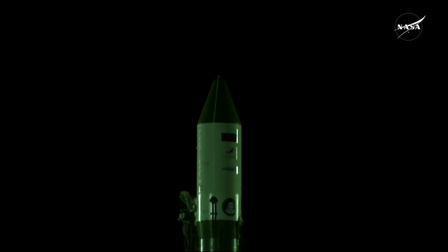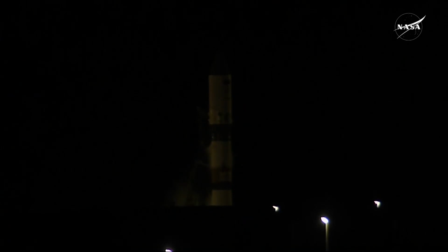Again, this Soyuz booster with the Progress 91 cargo craft rolled out from its assembly hangar and its integration building just a short distance away from the launch pad at Site 31 in Baikonur on Tuesday morning. As is customary, it rolled out horizontally on a railroad car, reached the launch pad about 30 minutes after the start of rollout,